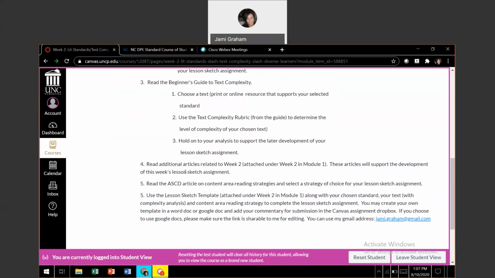And there is an article by ASCD on content area reading that specifies particular content areas of study and gives you some strategies that can help build upon those depths of thinking skills that children are supposed to have, which there also is that link to the standard and those verbs that are in that standard. And so you'll use a